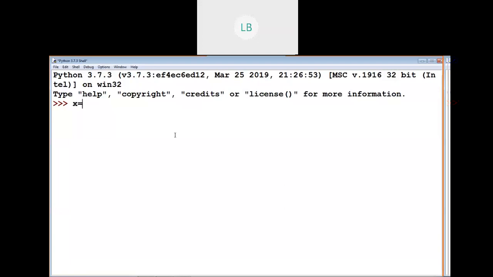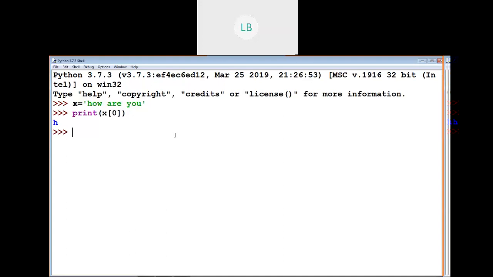x equal to this is a string. We can access the characters in a string using the index value. So x of 0 is nothing but h.